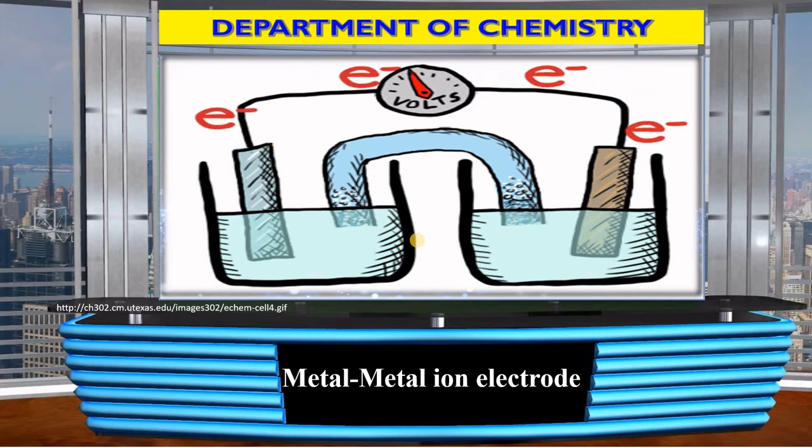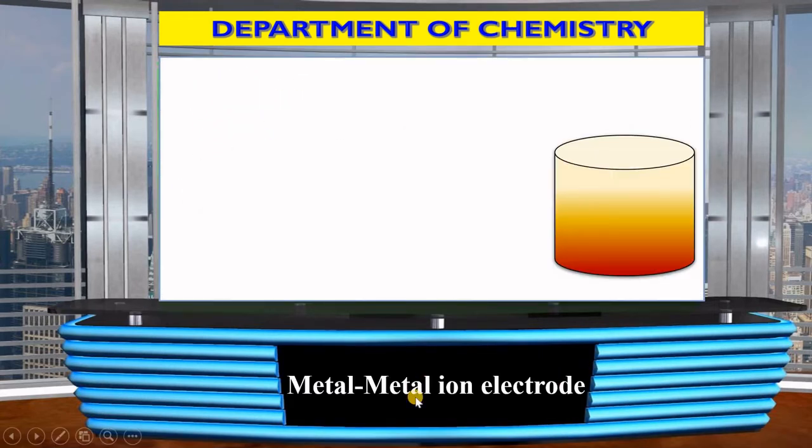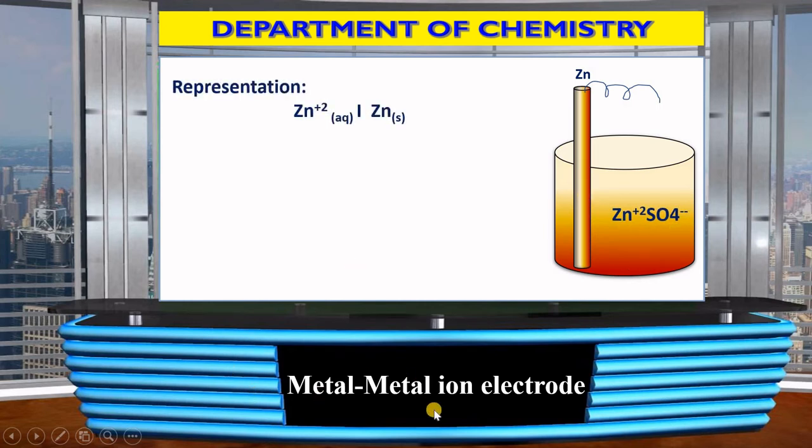Let's first see the metal ion electrode. A metal is in contact with the solution containing metal ions. See here, this is a beaker which contains a zinc electrode and zinc sulfate as the electrolytic solution. Metal ion electrode means what? A metal is in contact with the solution containing metal M n plus ions. For example, zinc in zinc sulfate, copper in copper sulfate, as in Daniell's cell. See here, this is the zinc in zinc sulfate electrode. Means metal means zinc. This zinc is represented as the metal. Metal ion means zinc plus 2 ion in the electrolytic solution.